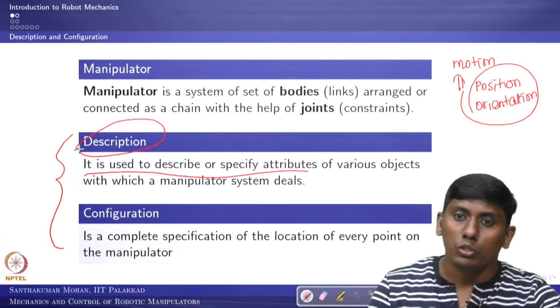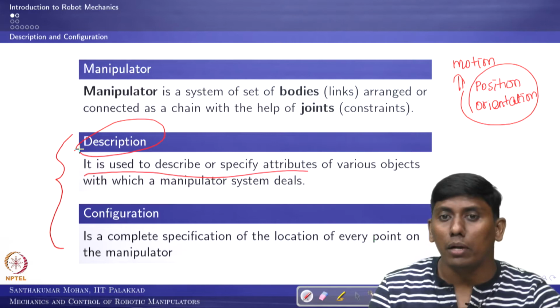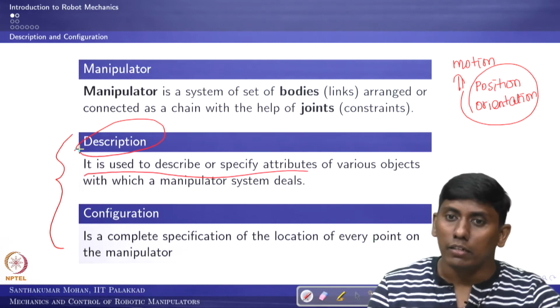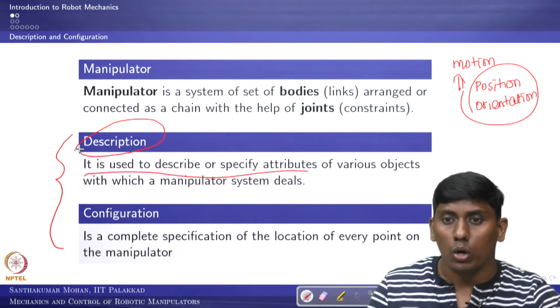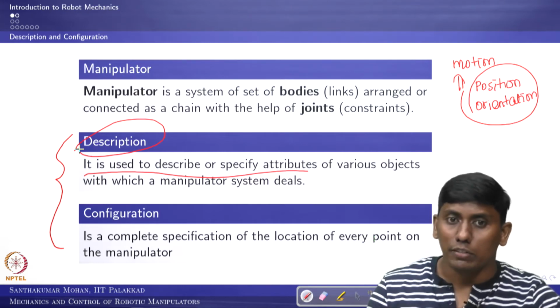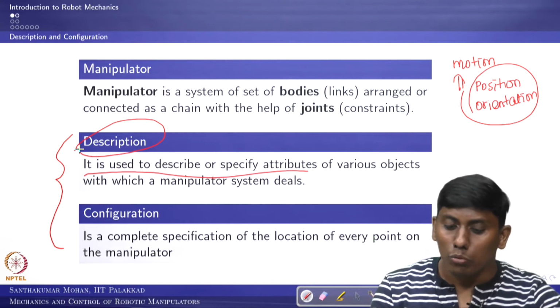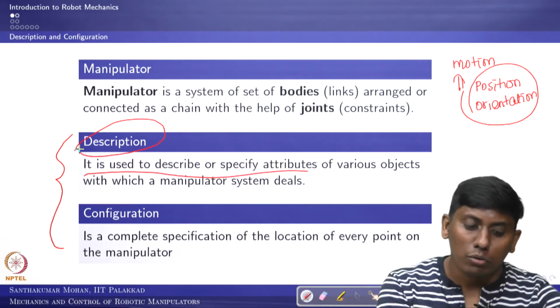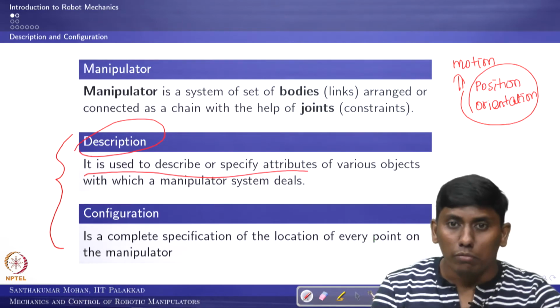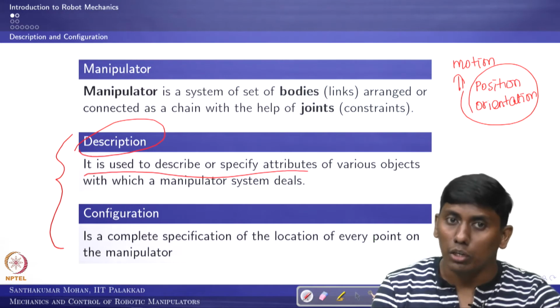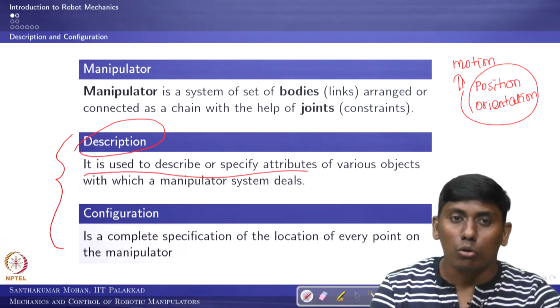In a similar way, "short in height" may not be applicable if we go to Mongolian countries, right? They may actually be shorter than me, and then I cannot be called short. So you should have a reference. You have to make one of the references. In this particular course, the major reference system we are going to consider is the Cartesian coordinate system, which consists of three mutually perpendicular axes. That coordinate system we are going to use.